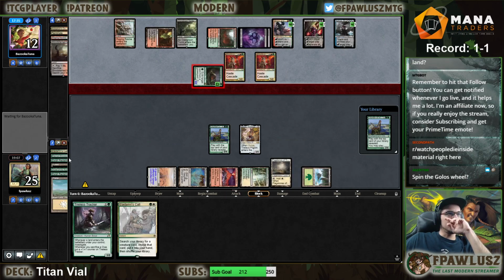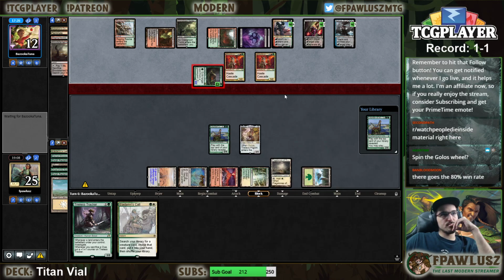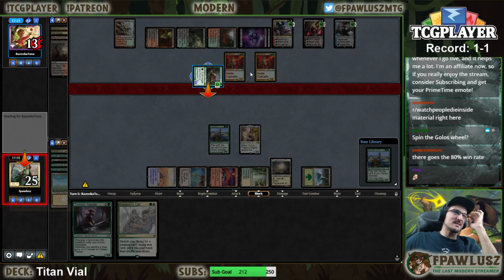We cannot activate Golos. We don't have black nor blue mana. There goes the 80% win rate. Yeah, sometimes